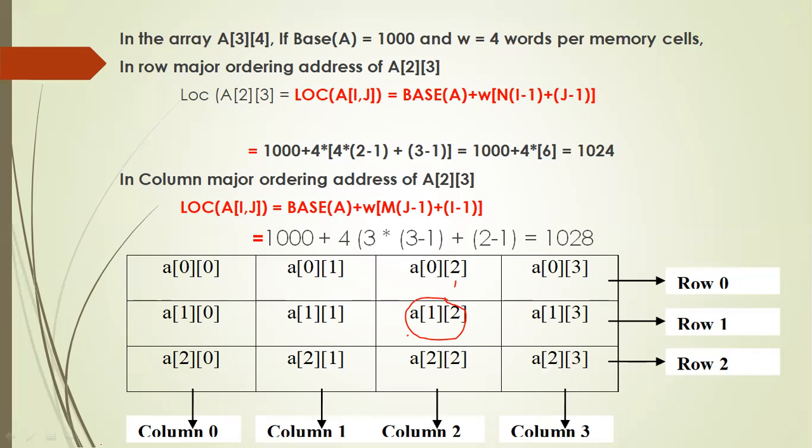So if you are computing the address of A23, in both examples, I will be 2 and J will be 3. In order to compute the address of any element, either in row major ordering or column major ordering, we require this information. One is the base address. What is the value of M, the number of rows? What is the value of N, the number of columns? And which element's address you are computing: for A23, the I value will be 2 and the J value will be 3. And also we require the value of W. With this, we can compute the address of any element, in either row major or column major ordering, with that formula.